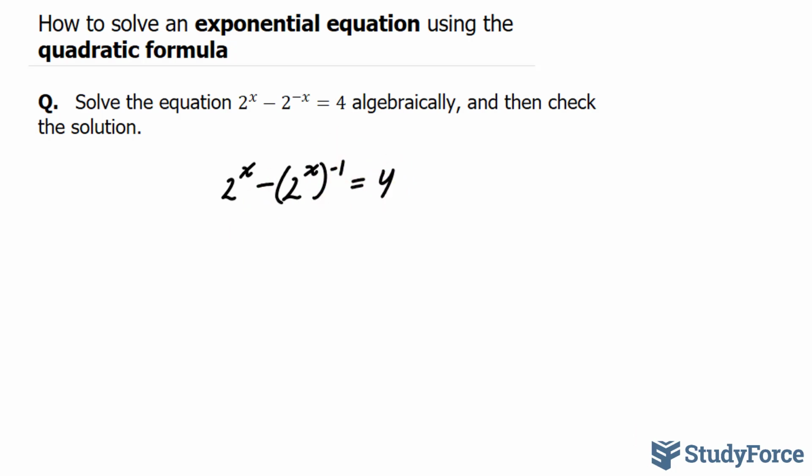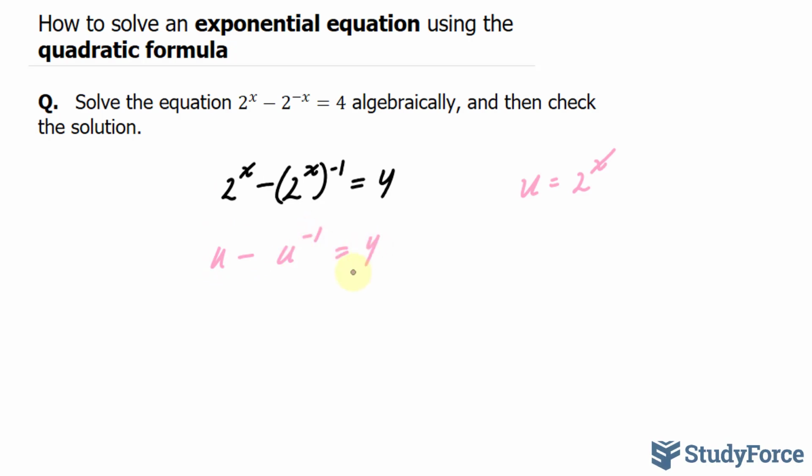Next, what I'll do is a substitution. I'll set any letter that I like. I'll use the letter u for 2 to the power of x. The reason why I'm doing this substitution is because u is easier to work with than 2 to the power of x. And eventually, when I find out what u is, I can substitute it back into this relationship and solve for x then. So let's change this to u minus u to the power of negative 1 is equal